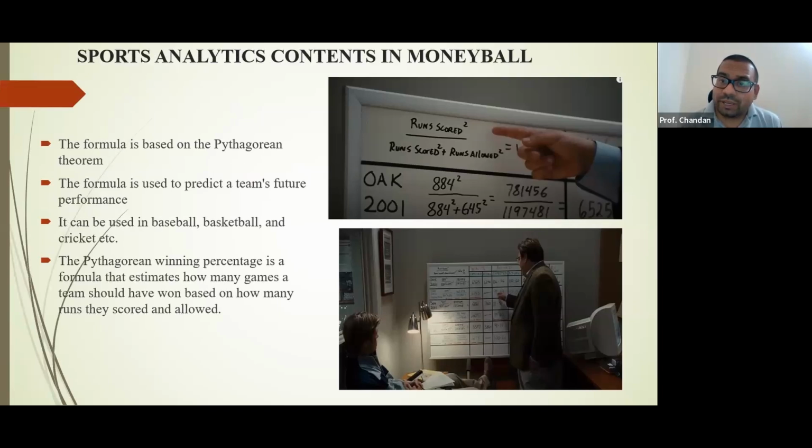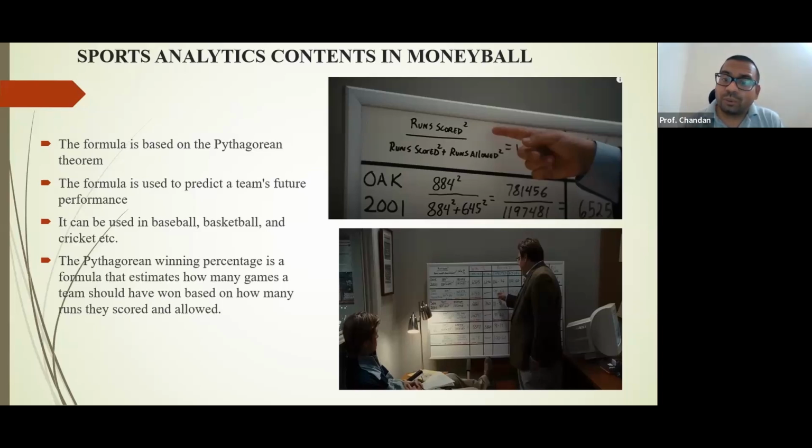So in baseball, they have various parameters like runs scored and runs allowed. They use these numbers, and using this formula, they try to calculate the winning percentage of that particular team. There are various other data and parameters which they have used in this movie, right? It can be used in baseball, basketball, and cricket. These are some sports. In the sports category, we can use this formula, and it estimates how many games a team should have won based on how many runs they scored and allowed,